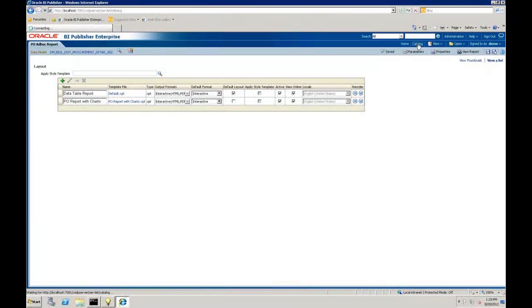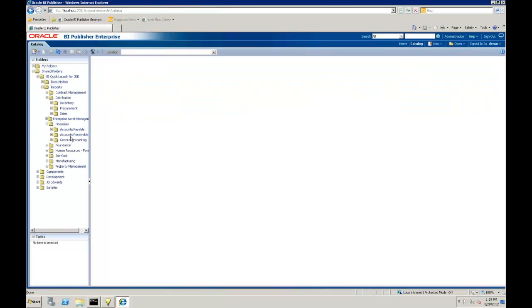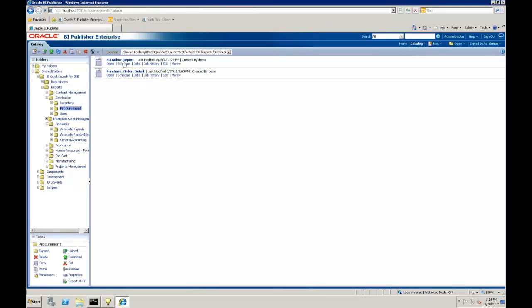If I go back to my catalog and we navigate to this report, there's a PO ad hoc report. We can open that on the fly and refresh it and view it live. There's also another option, which is this schedule option. If we go ahead and choose schedule,